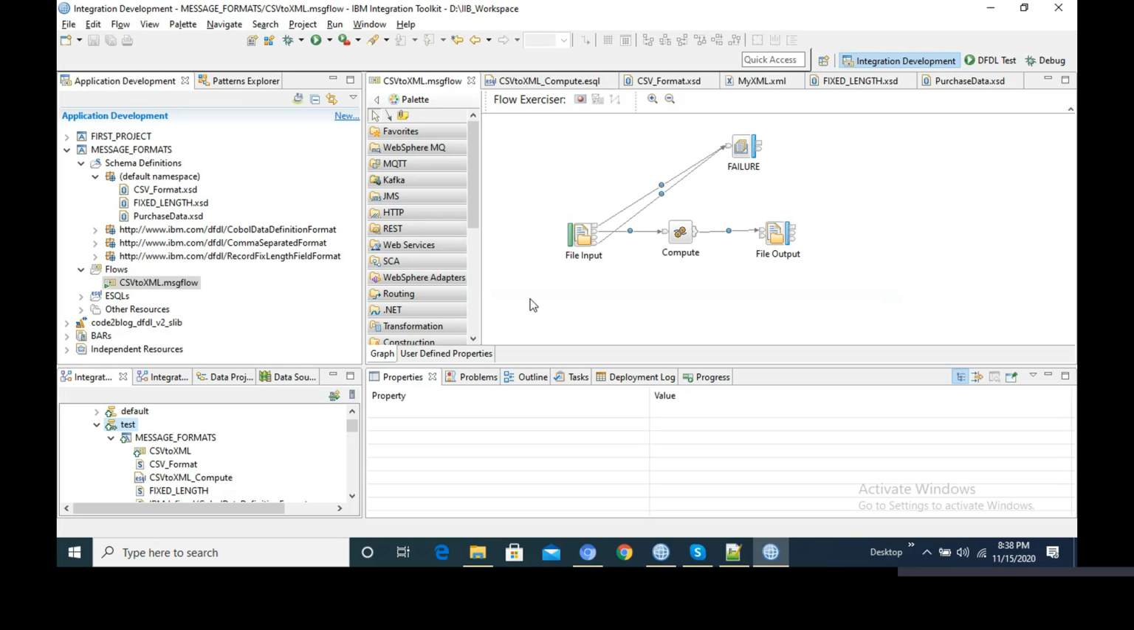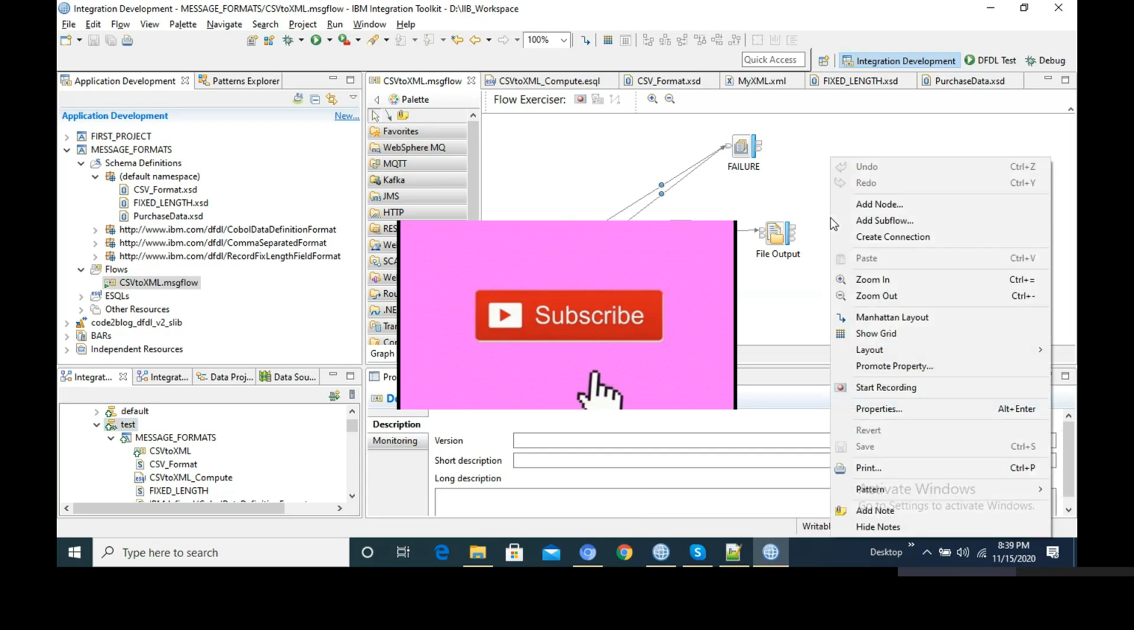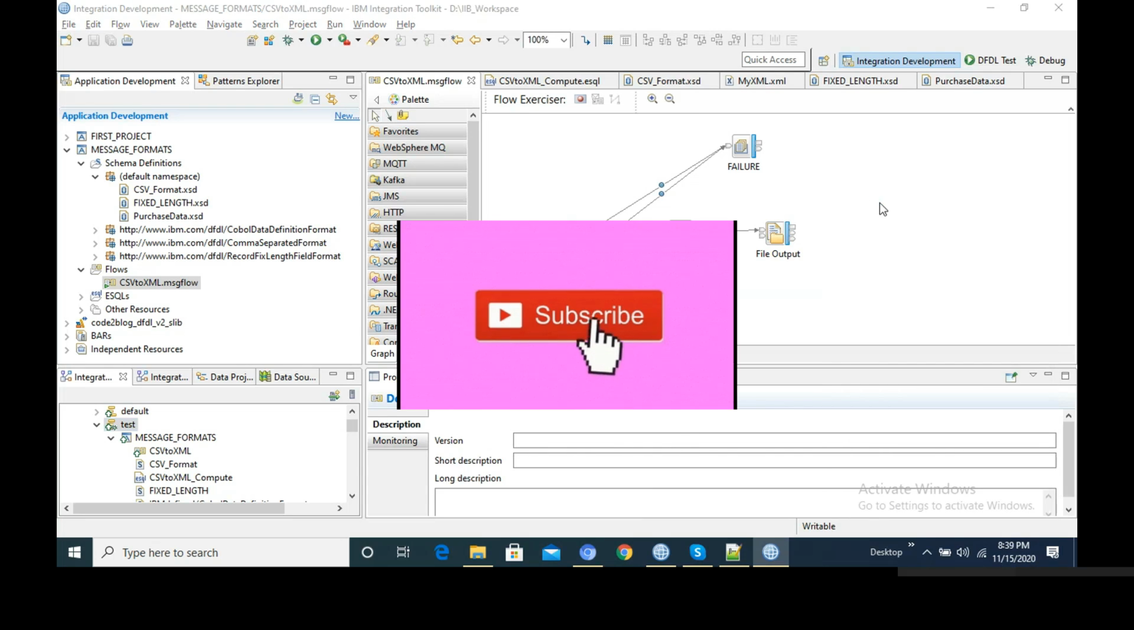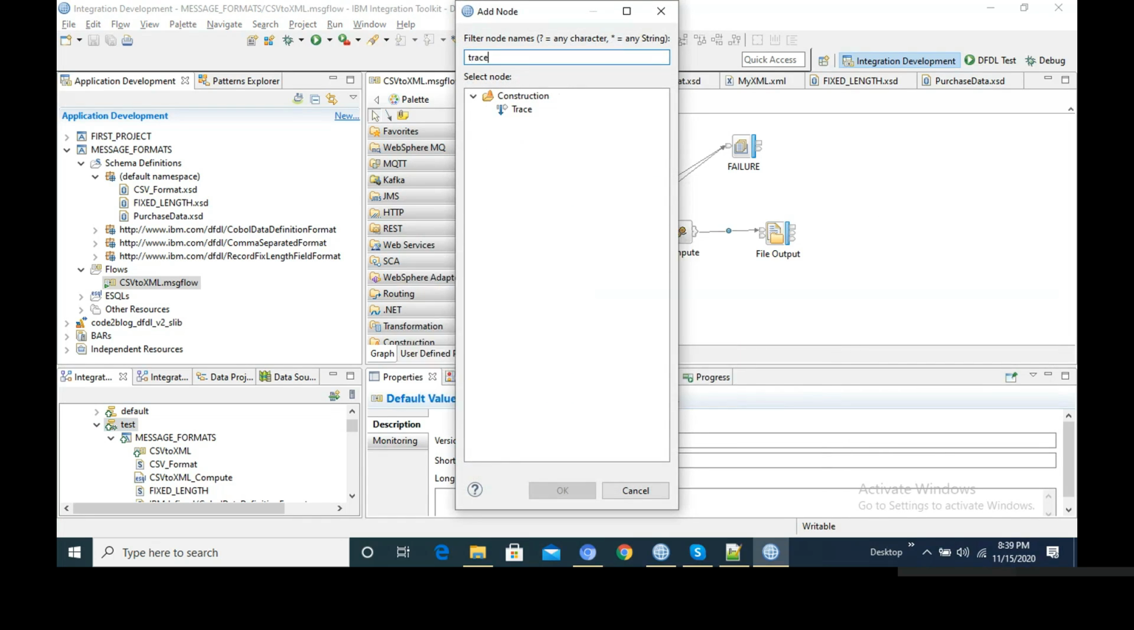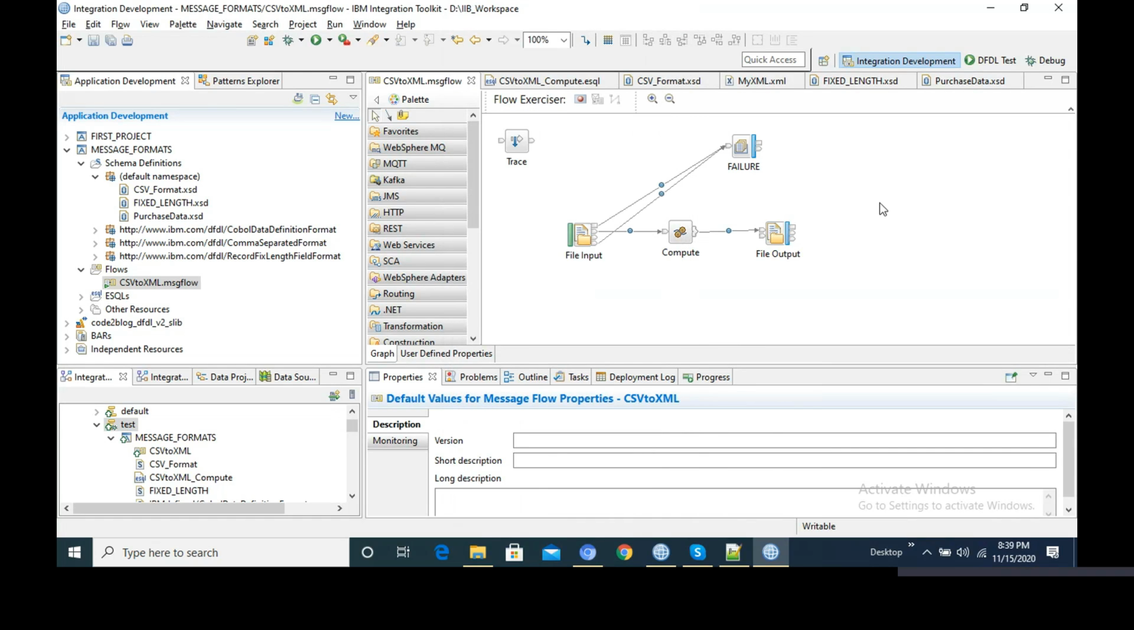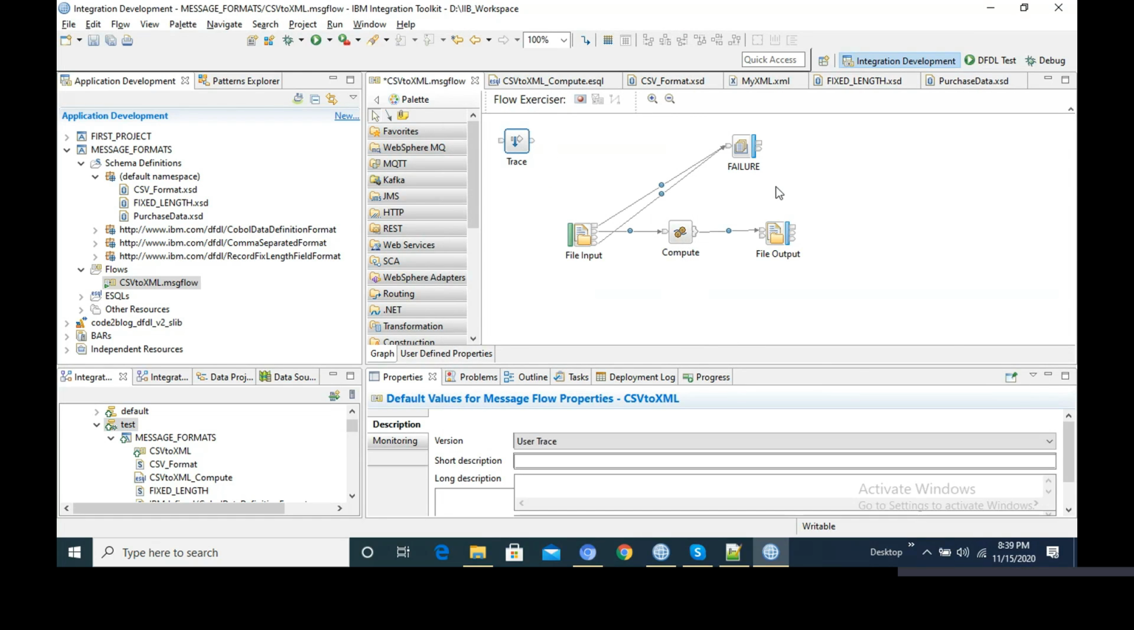Okay, fine. Now add that trace node. Right click and say add node, trace. Connect that after the catch terminal. The catch terminal of the file input node will have the exception list generated after an error occurs. So the file input node, catch terminal,